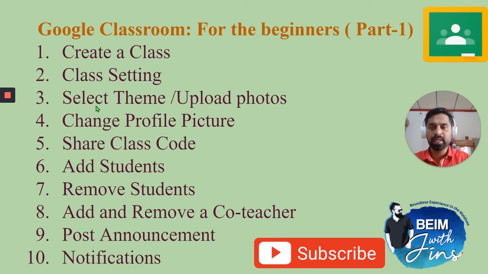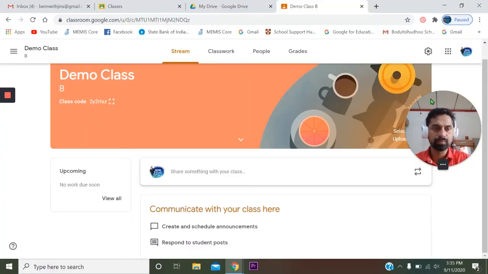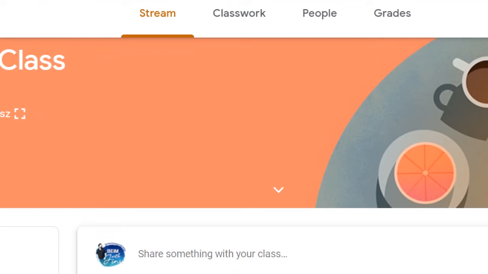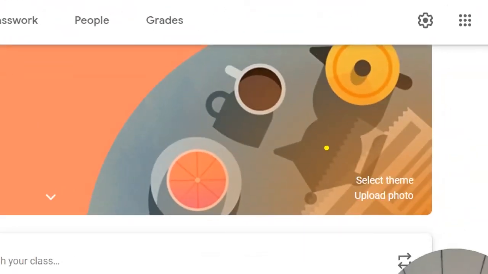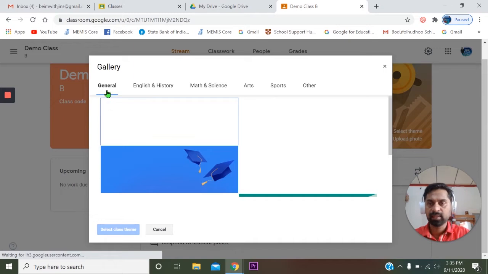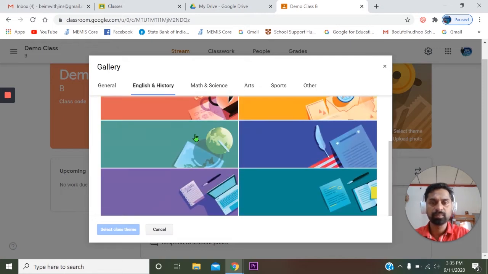And when you go to third one, that is select theme, upload photos. So here, this is the theme you are seeing. In the theme, the top, just here, there are 2 options you can see, select theme, upload photo. So if you want to change this theme, select the theme. There are variety of themes, English, Math, Science. Select any one